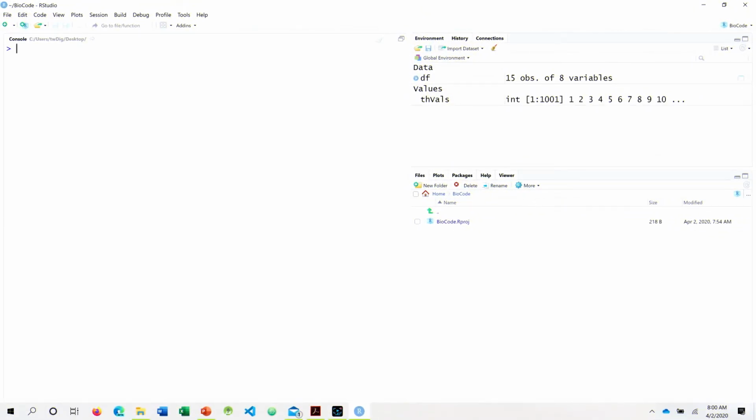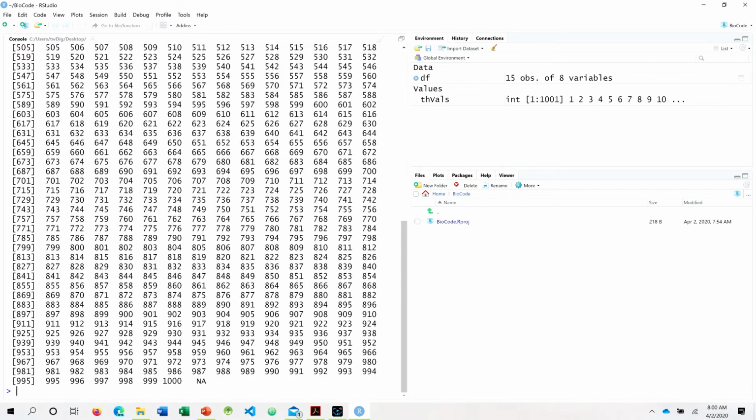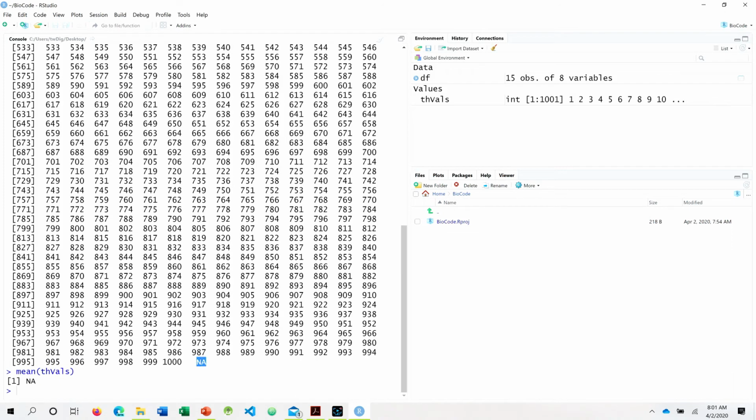In this video, we will see how we can utilize a built-in function within R to figure out if our dataset contains NA values so that we can remove those values and work with our analysis. For example, we have already declared a vector that has a total of 1000 values plus a 1001st value that is an NA value. If we call mean on this dataset, it will return NA